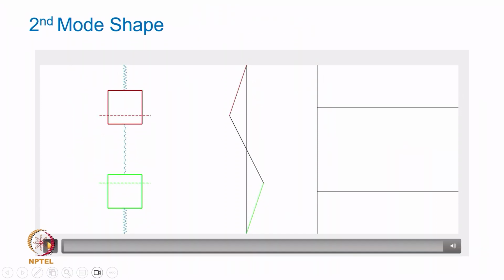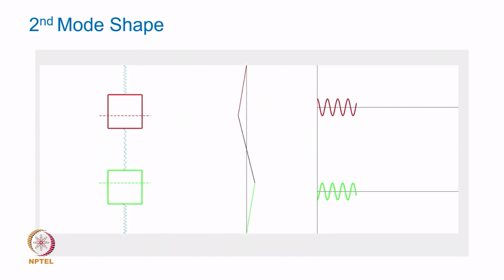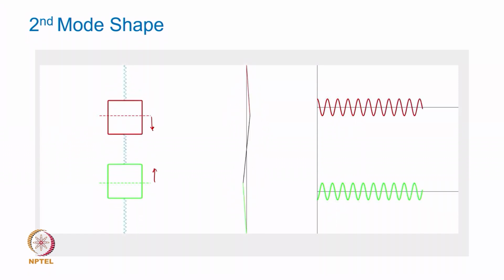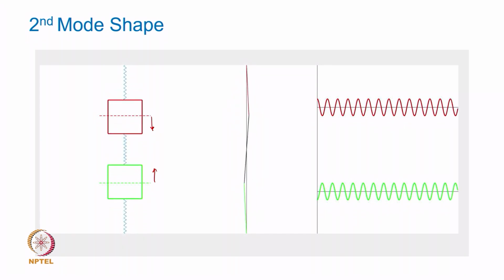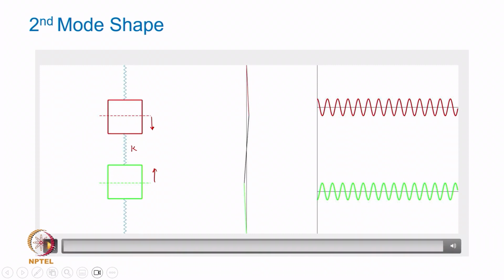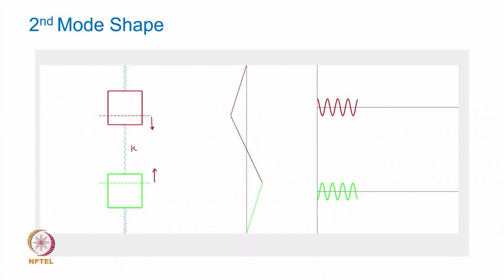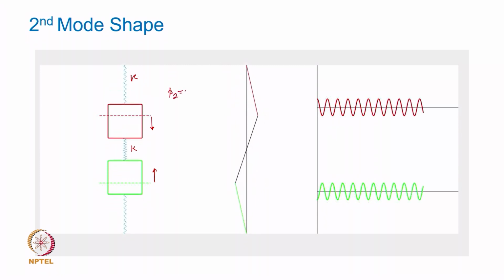Now, in this case the two masses, you can notice that when this mass is moving down, this mass is going up. So, their amplitudes are always of opposite sign, and now you can see that the middle spring is effective and it is contributing. You can notice that the spring is contributing, and that has a very high stiffness, it is twice the stiffness of the first and the last spring, and that is the reason why the moment your second spring comes into action,